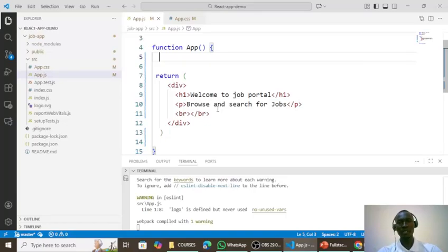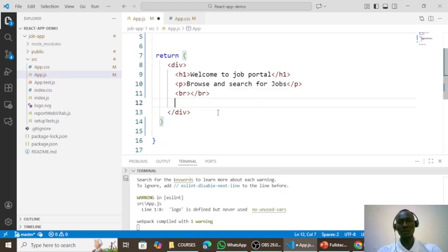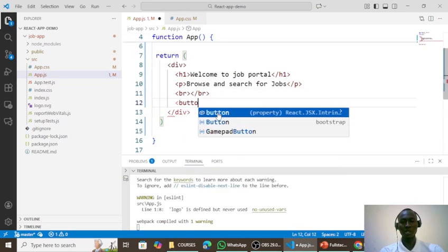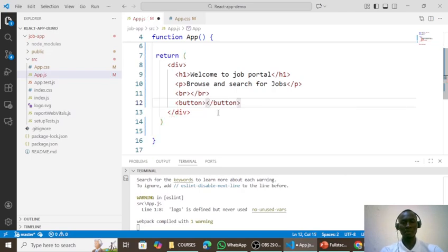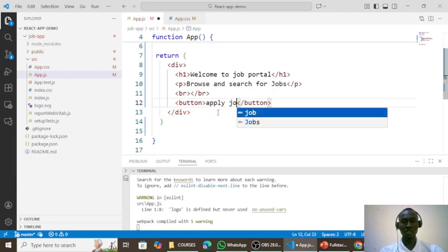Let's look at how to create a React button, add an event to it, and add an event handler. So without further ado, let's get started. Below here, I'm going to add a simple button using the button tag, and I'm going to give it a button text, apply job,